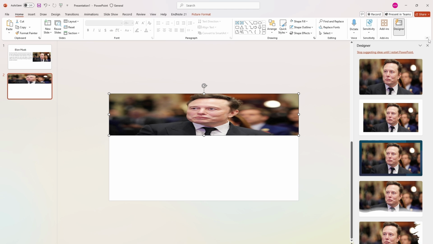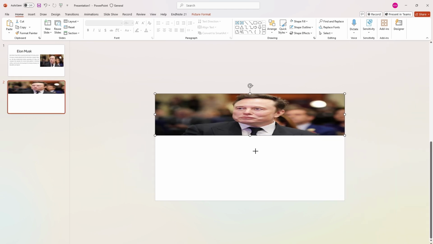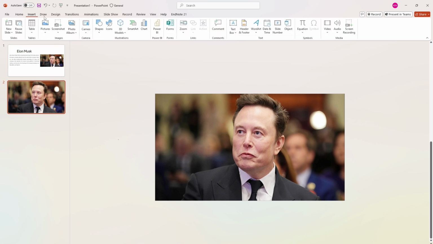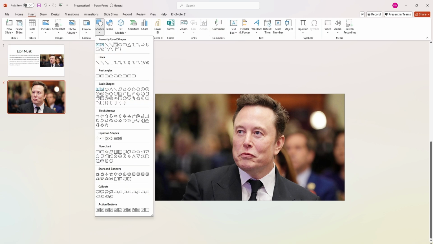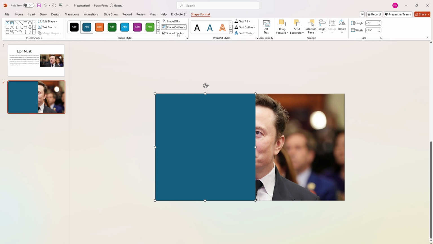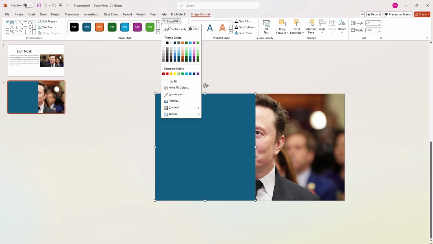and make it fill the slide. Okay, then go to Insert and take a shape and fill half of the slide. Set the shape outline to no outline, and the shape fill to white color,